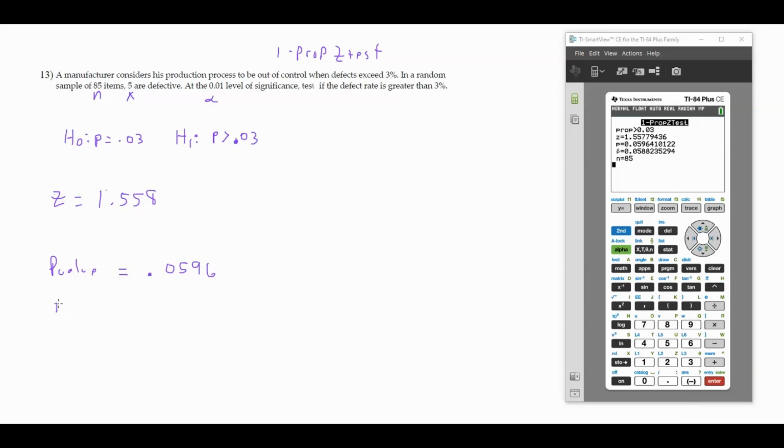You could say do not reject. Sometimes it's fail to reject, or do not reject. Either one. Fail to reject H0. What does that mean? There is not sufficient evidence